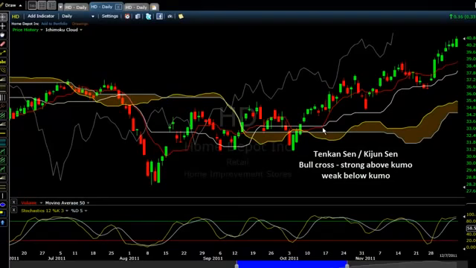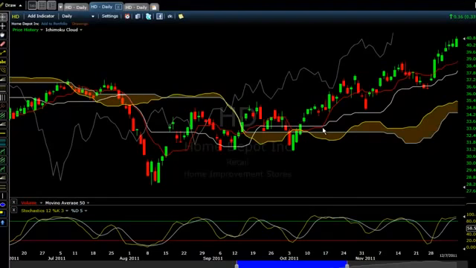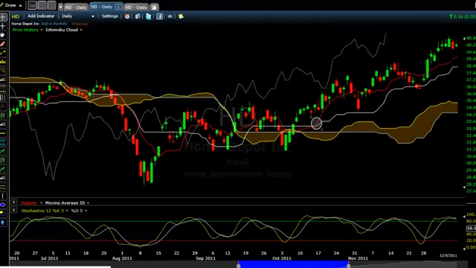The significance of the system is that it's a trend following system, and as such it'll keep you in a trade much longer, because although this is a buy signal here, this TK cross, we also have a Kumo breakout where price moves above the Kumo and closes. We had a buy signal here. You do not have a sell signal